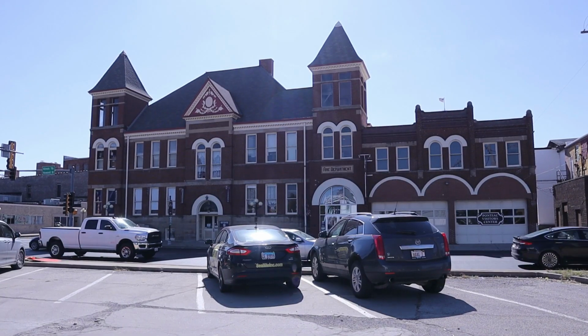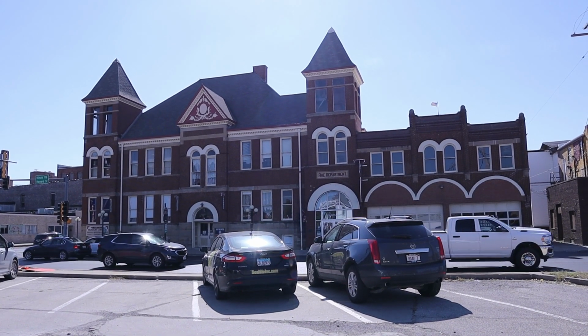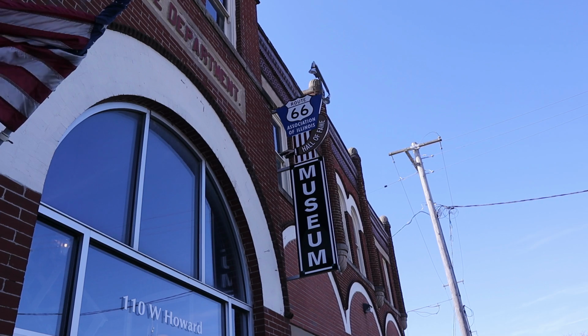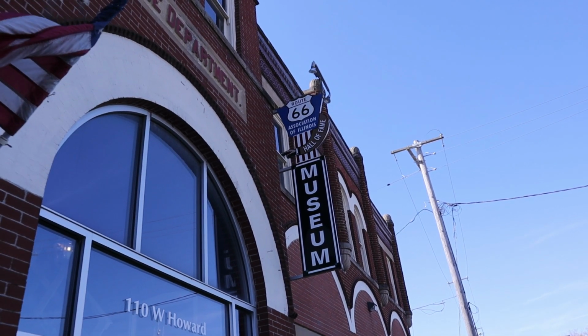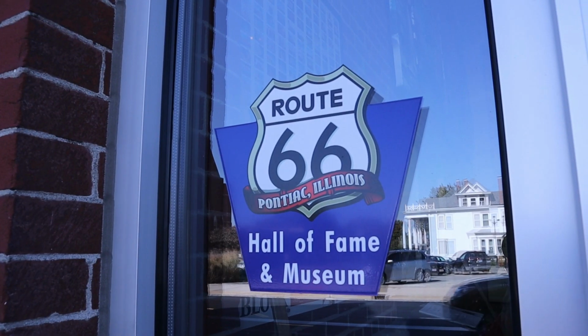For today's adventure, we've stopped off in Pontiac, Illinois to see the Route 66 Hall of Fame and Museum. Now, the Route 66 Hall of Fame and Museum is located in the old firehouse here in Pontiac, Illinois. It opened in 2004. The Hall of Fame is really a Hall of Fame of Illinois Route